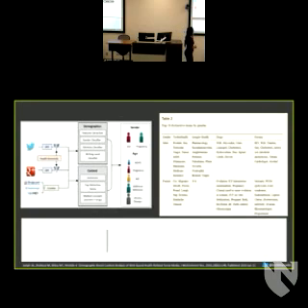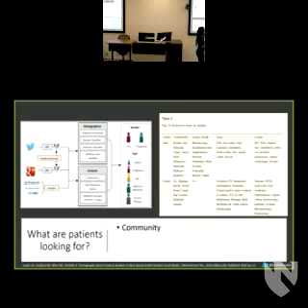And they use a lot of keywords and demographic and sentiment combinations to try to get a sense of who is asking questions, what are they asking questions about, how do they feel about the questions that they're asking, what's the mood, and how are they getting this information. And so what they were able to find was that patients who were male on Twitter were really asking a lot of questions about prostate health and things that have to do with sexual health.